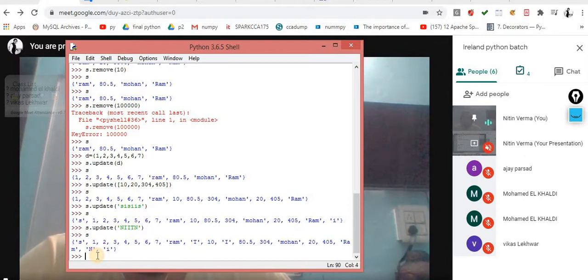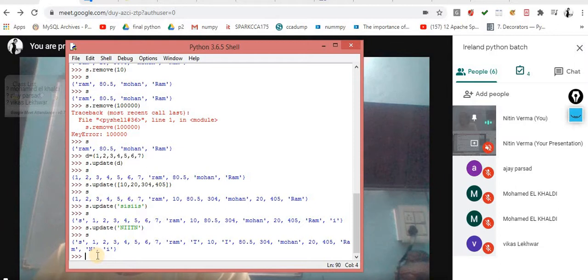The next one is your union. What is the meaning of the union? The meaning of the union is to combine the items. In mathematics, when we were in the 10th standard or maybe the 8th standard, we performed the union, the intersection, the symmetric difference.